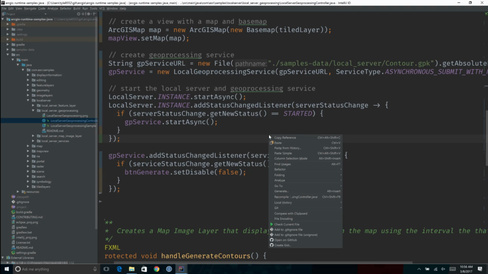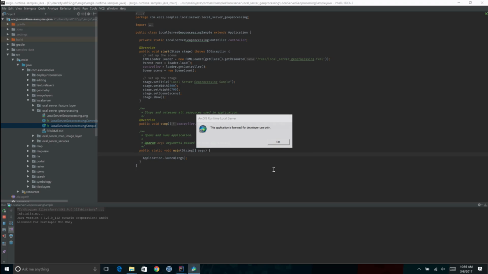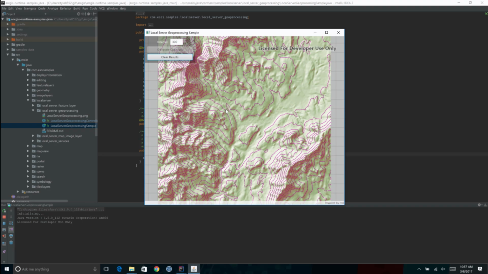So I'll go ahead and start this application just to show you what it looks like before I go into the details of creating the contours. When I start it up, you'll see some loading. That's the geoprocessing service starting. If I specify an interval here, this will control the separation of the contours. I can submit the job, and it will generate the contours with the service. And when it's done, I get a new layer with the elevation contours on my map. So if I go back,